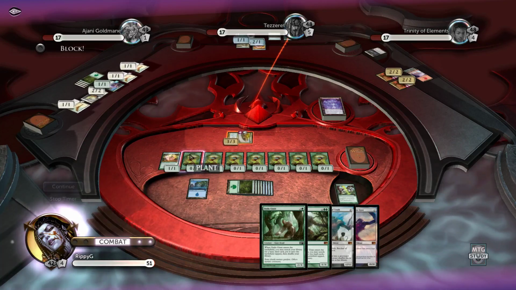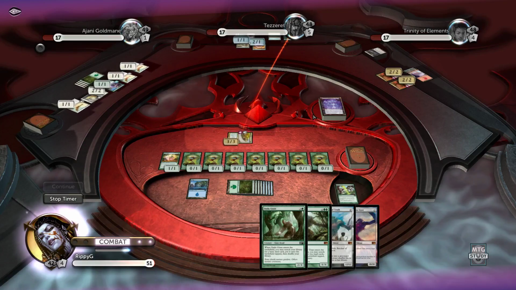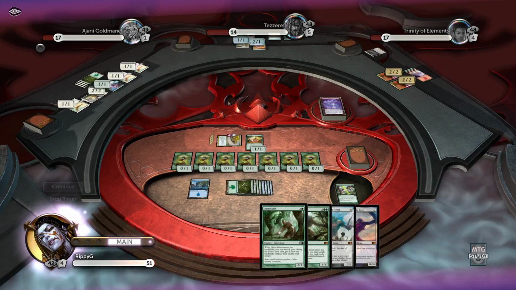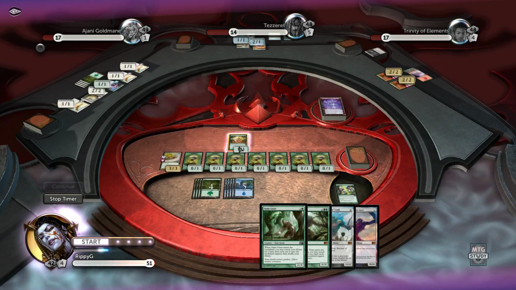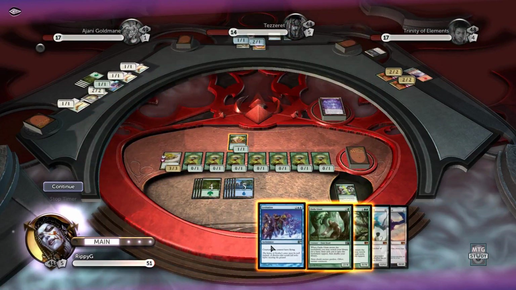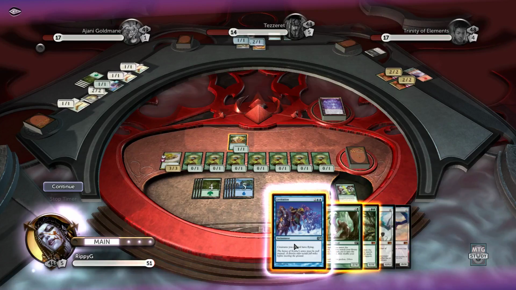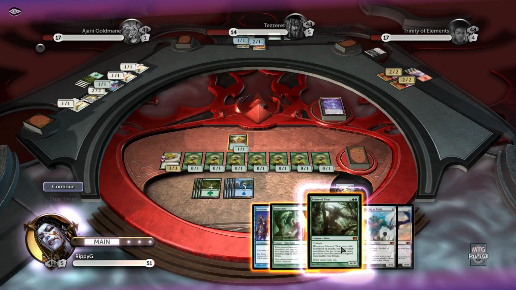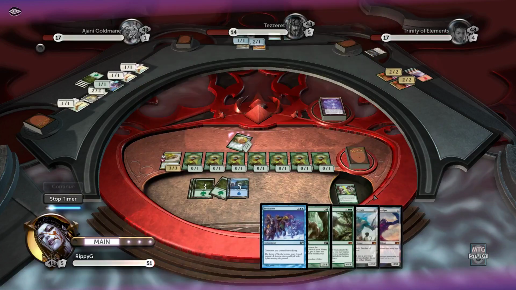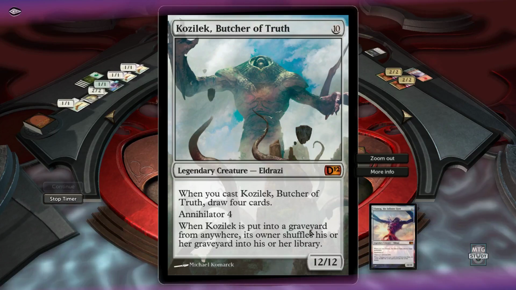Since my turn is next, right away, this guy will untap for the block phase. And now I get the extra turn. Super. So we got a card, which is an awesome card. Creatures you control have flying, oh snap, this is awesome. So the first thing that we need to do is of course play Eldrazi. Let's just choose what. Draw 4 cards,